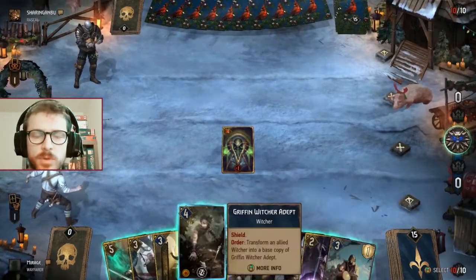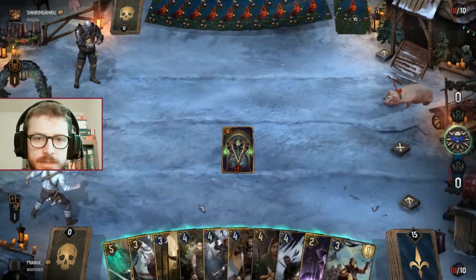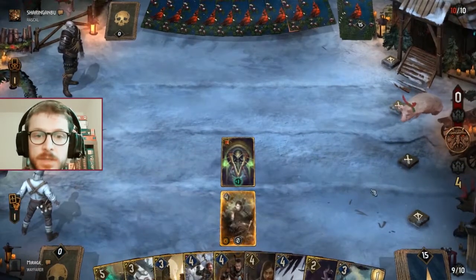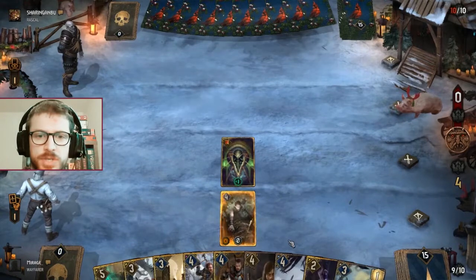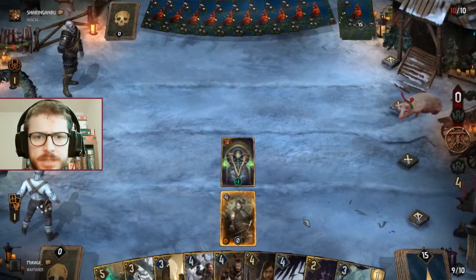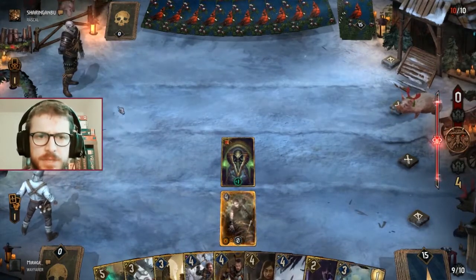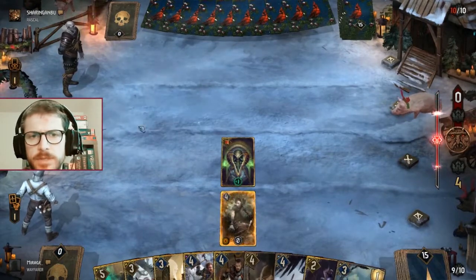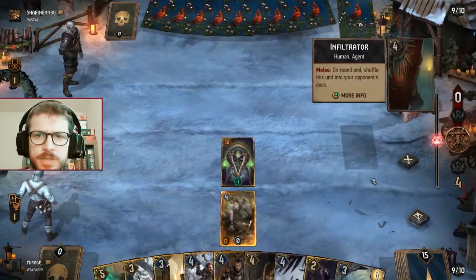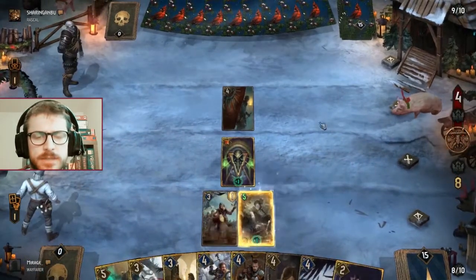And I'm on blue, so I can also use the Crystal Skull to get a nice Archgriffin, a nice Griffin Witcher later. So I start with the safest play, which is the Witcher Adept. The problem with Nilfgaard is that they have the Tourney Joust to just get rid of it, but it's still the safest play. I wait for the opponent just to fetch some information, and after the opponent dropped the Infiltrator, I know that it's a Kolgrim all-in kind of deck, so...